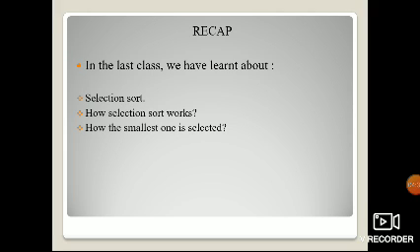This is how selection sort works and how the smallest one is selected: we see the location and the element, then exchange or swap the elements. This is the method we follow.